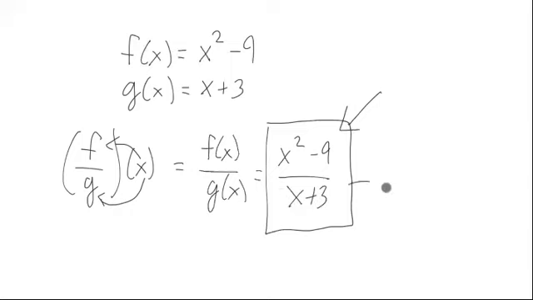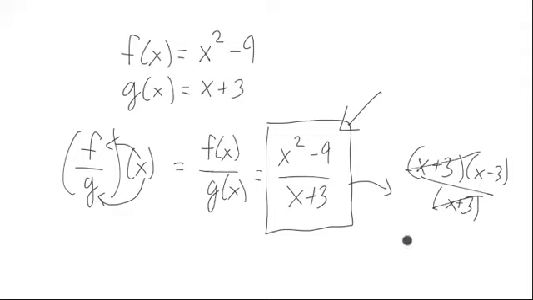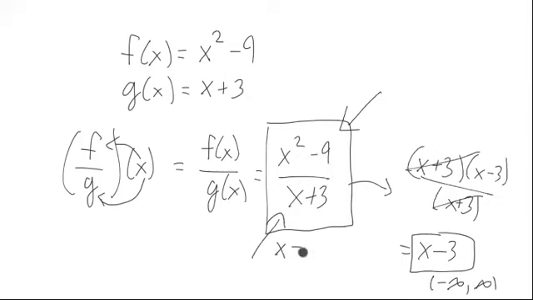It's tempting to think, if you knew how to factor this, x plus 3 and x minus 3, it's tempting to say, hey, look, those cancel. This is just equal to x minus 3. Well, as algebraic expressions, this is, but as functions, it's not. The reason why it's not is because what is the domain of this expression? It's everything. You can plug anything into here. But can you plug everything into here? The answer is no. You don't want to divide by 0. X can't be equal to